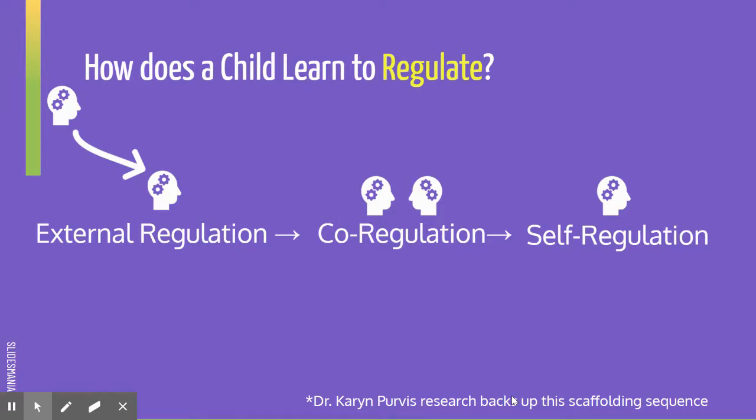Co-regulation is when we require someone else to help us reach a regulated brain state. So we borrow someone else's prefrontal cortex and their brain state to help get us to a regulated brain state. This isn't where we just do it to a student. This is where we sit down, we get parallel, we are present, we might breathe with students. And so we co-regulate, and this requires repeated practice so that eventually they move to that